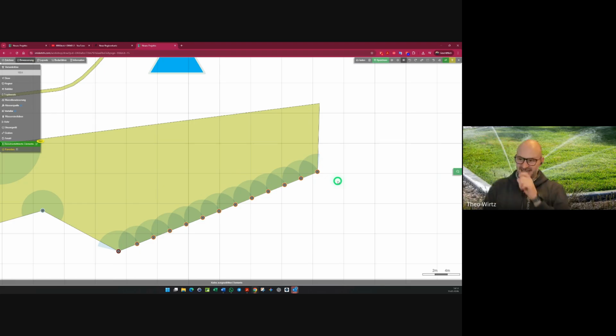Right, let's move on to a real innovation. It's not that old either. And that is the custom element, or the user-defined element. You've probably all seen that. Philip has also made a little video about it, but I'd also like to go into it a bit more deeply and give you a few ideas on how we can use this function